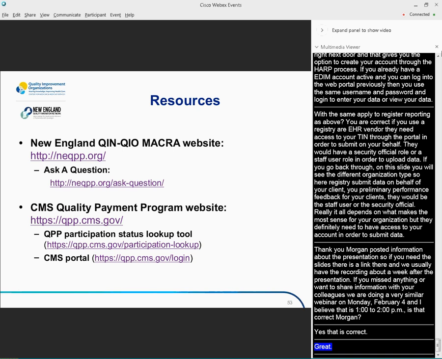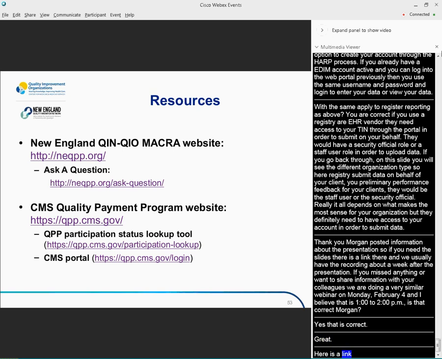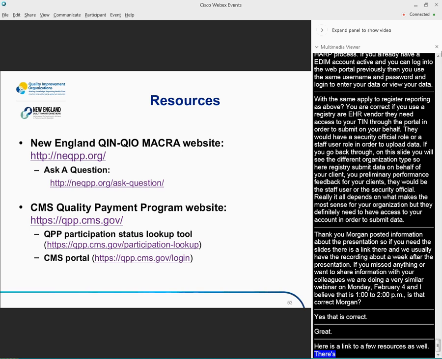Here's a link to a few resources as well. There's information on our New England QIN-QIO macro page. You can also ask a question there. There's also a link down here for the CMS Quality Payment Program website. You can get information about your participation status using the participation status lookup tool or the portal.